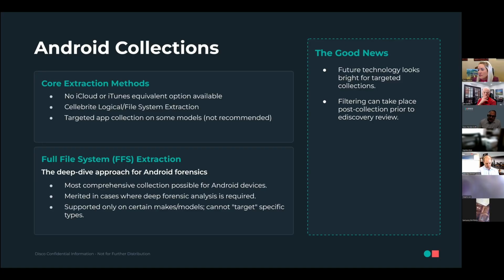Unfortunately, it's just not there yet to back it with forensics methodology, but I have no doubt that they will eventually get it there. And also, when we do the entire capture of the device, we can filter for specific things, certain conversations, certain artifacts, just like we can with an Apple device.